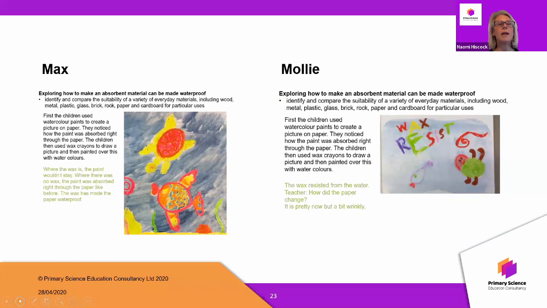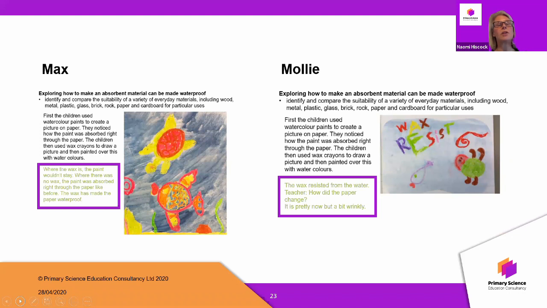So for example, here you can see we've got Max and Molly. They've been doing the same activity. This was actually part of an art lesson where the teacher was just getting them to think about the science that they've been learning. You can see here we've got the comments in green where the children, Max and Molly, have been talking about their work. The idea is that teachers can look through these and make their own ideas about who they think is secure and why they think they're secure.